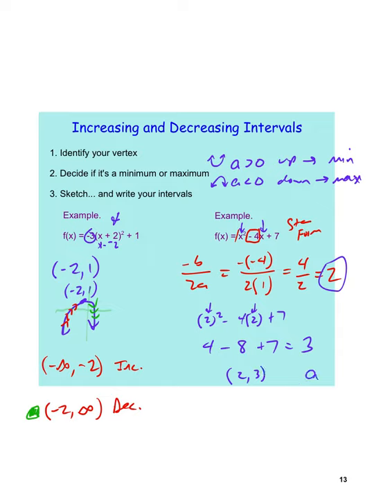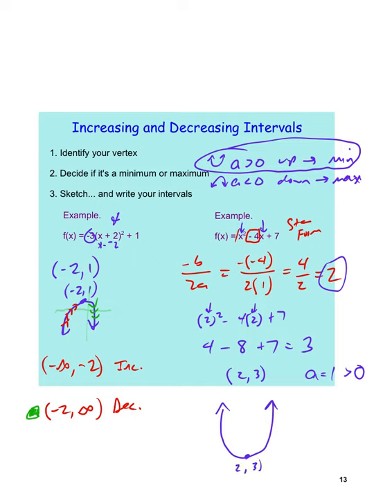And again, the a here equals 1, which of course is greater than 0. So this is going to open up, like the top one here. So we're looking at a minimum versus a maximum, and that occurs at the point 2, 3. In this case, our axes run somewhere around here, and right at the very bottom there is the point 2, 3. And again, we can see this is going to be decreasing